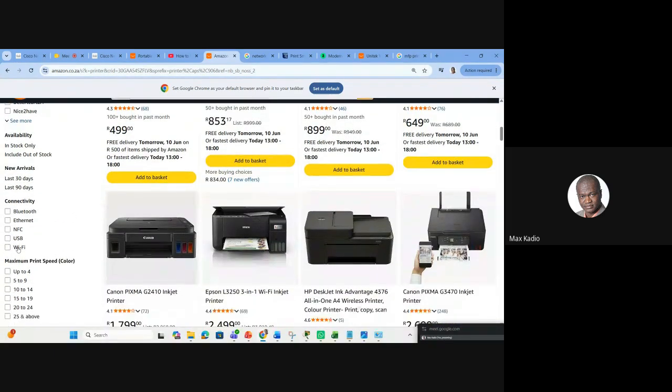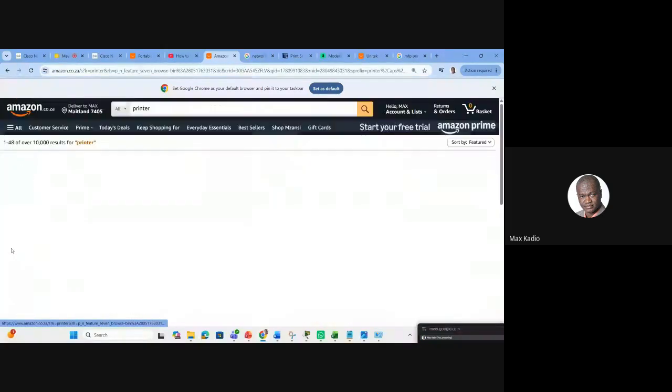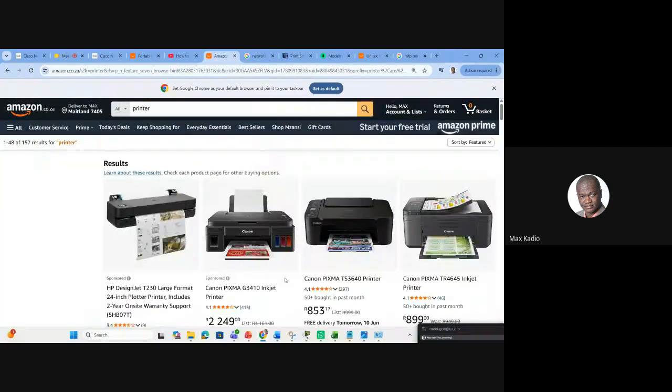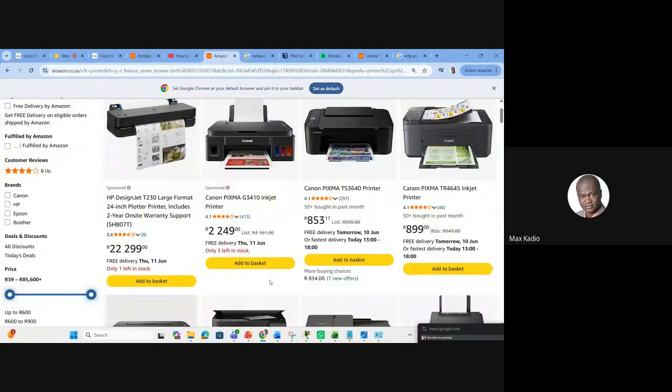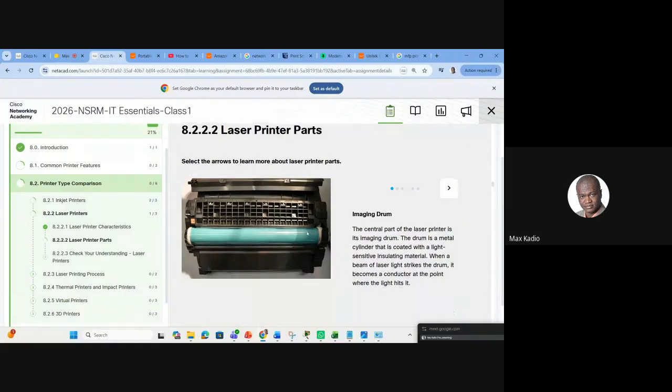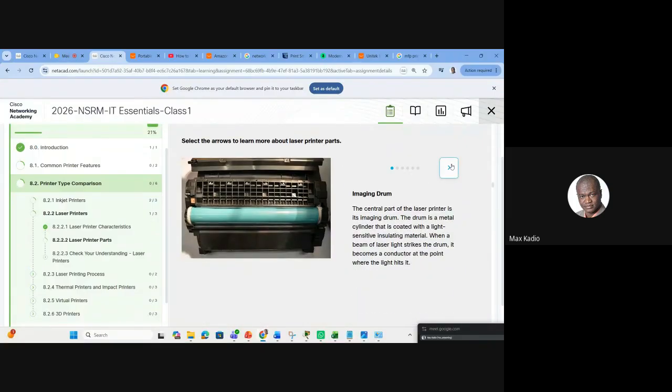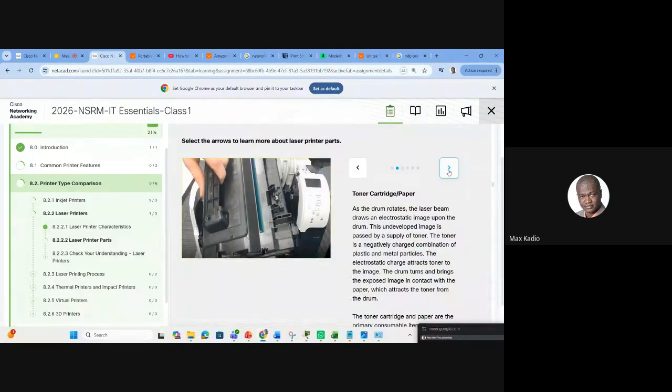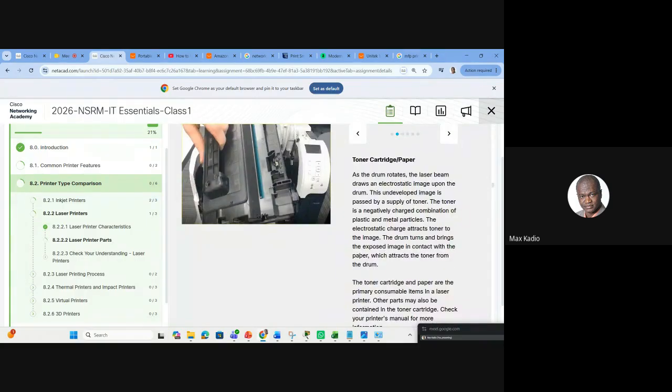Or do you also want a printer with Wi-Fi? If you click on it, the system will filter. So laser printer, you buy the cartridge, toner cartridge.